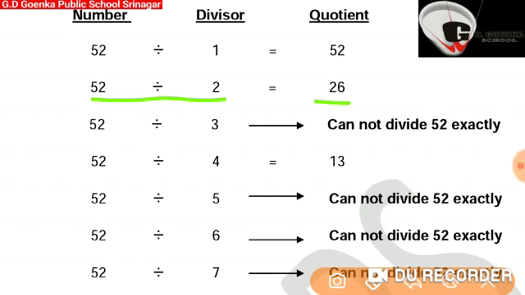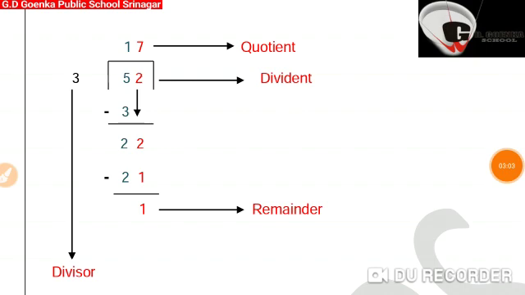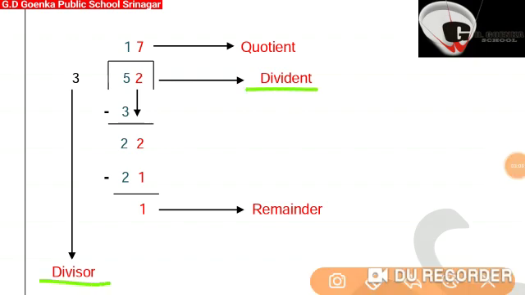Now we are going to divide 52 by 3 and see what our quotient is equal to. So again using division, 52 is again the dividend, but now the divisor is 3. So again taking the first digit because 5 is greater than 3. 3 1s are 3. So I'm going to write 3 here and 1 here. So 5 minus 3 is 2. Since 2 is smaller than 3, I cannot divide it. So I have to bring the second digit down. So now the number is 22.